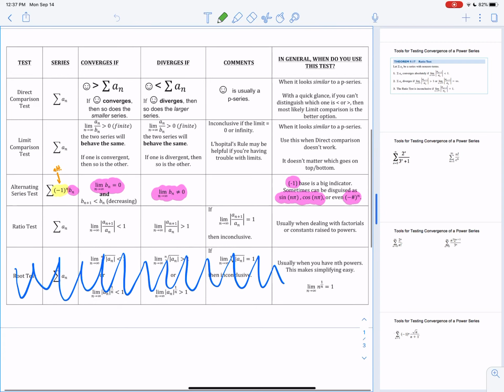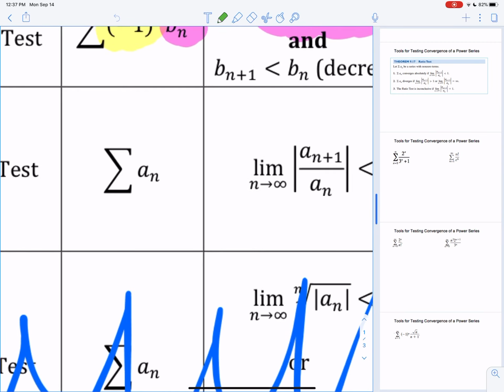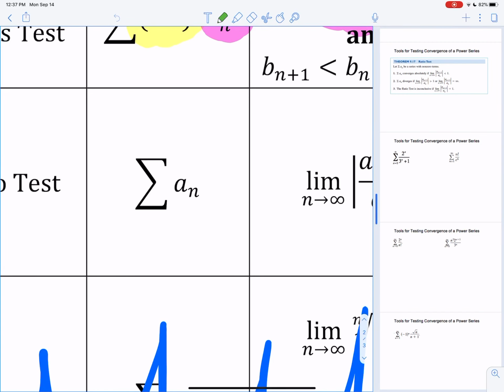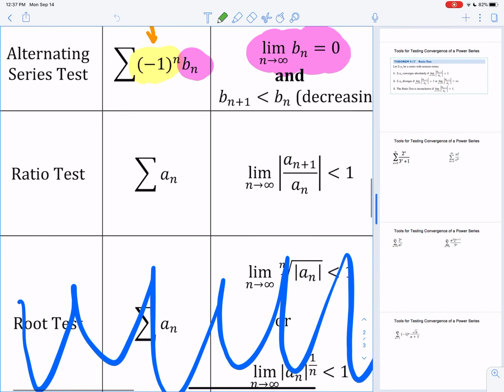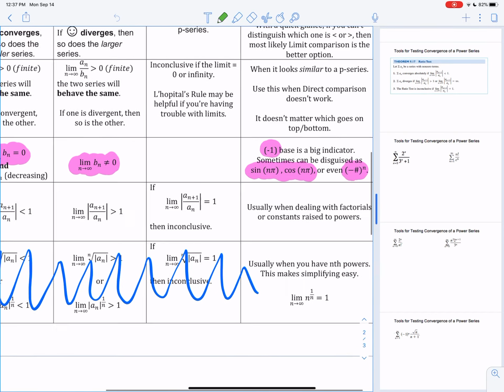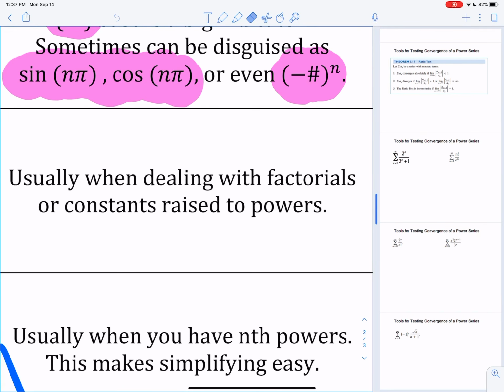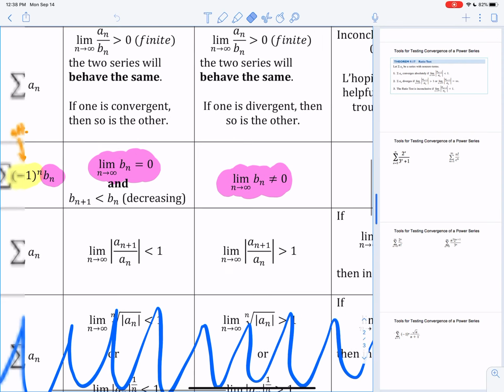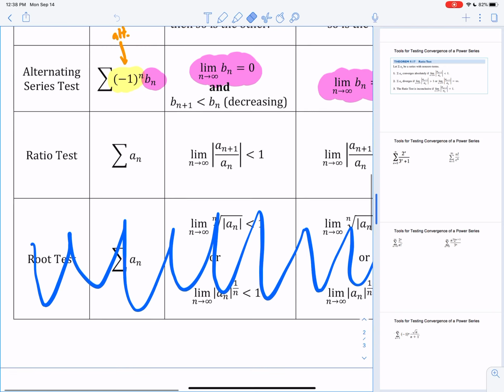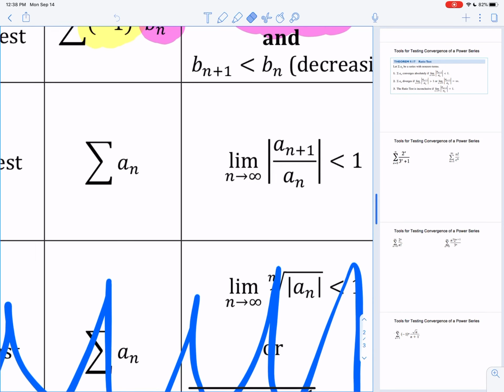The ratio test. So let's talk about the when, okay? I wrote it over here. So usually when you have factorials, or you have some type of constant to a power, like 2 to the n or 5 to the n. So if you're dealing with those type of exponentials or factorials, you're using the ratio test. And you'll get an idea of what I mean, okay? So basically what you do is,